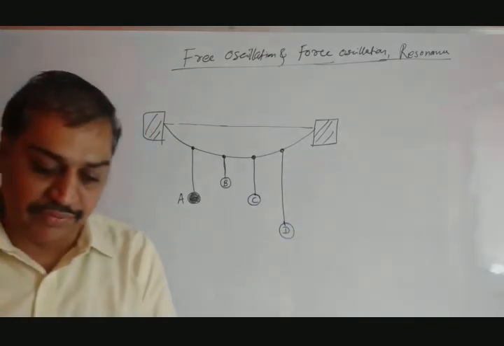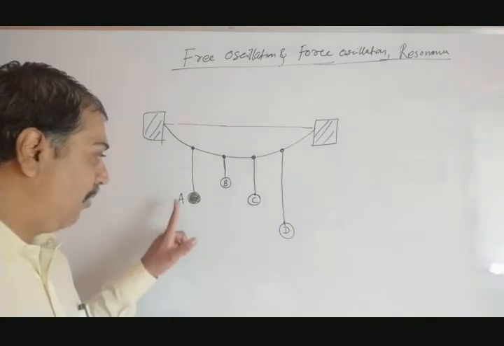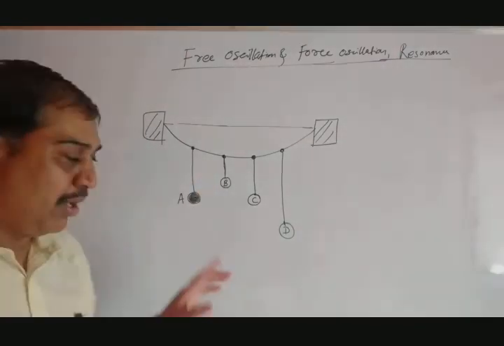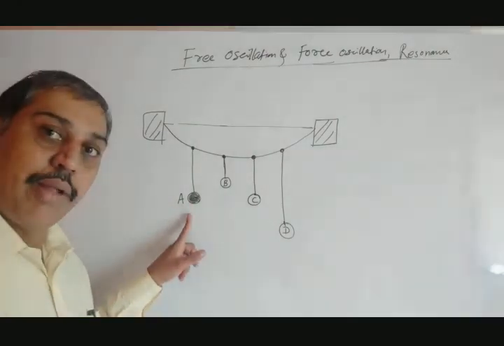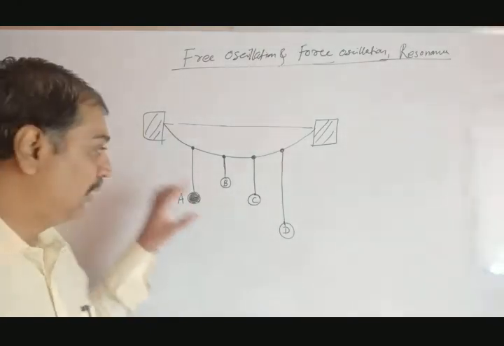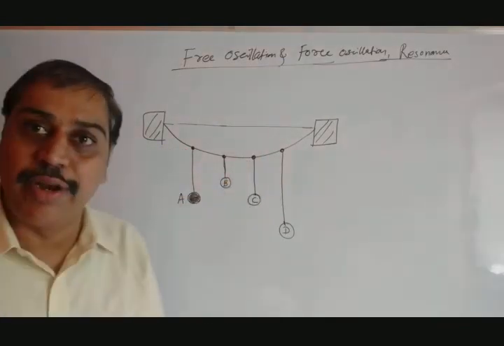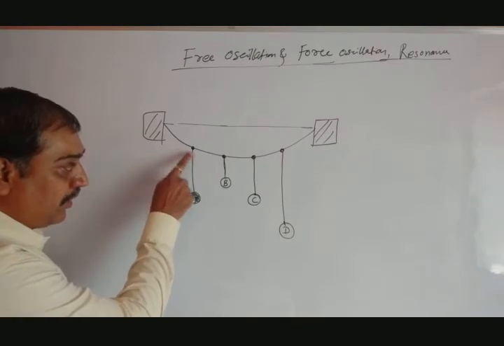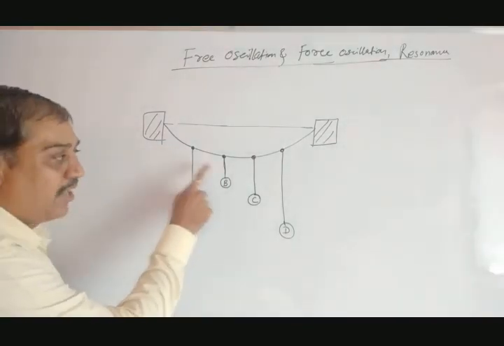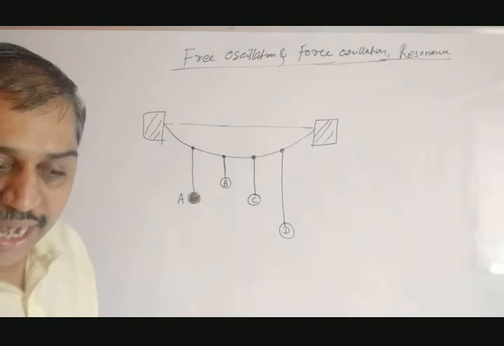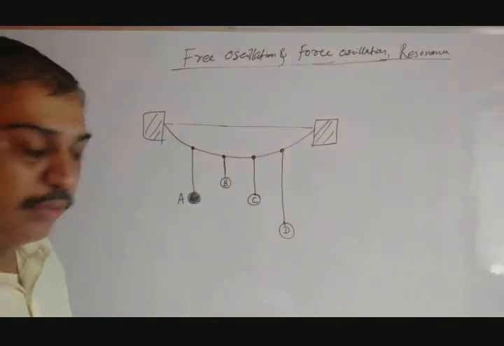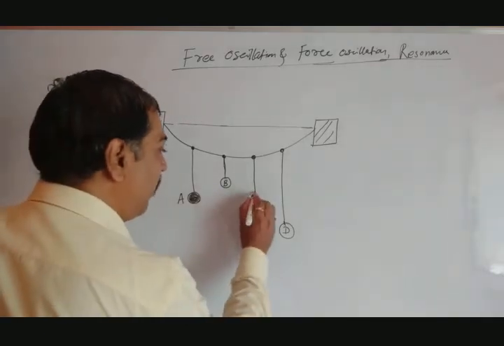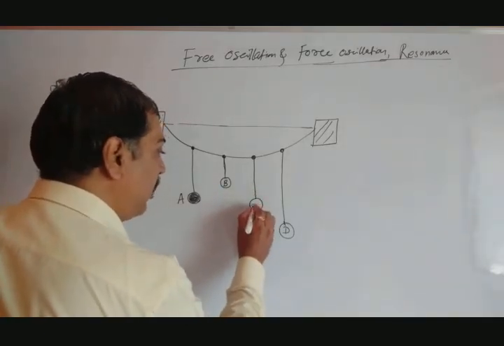Now let's see what the difference is here. The 4 pendulums A, B, C, D are attached to the string. But remember, the length of the simple pendulums A and C is the same. You are not going to see the same here, because the string is bent here, so this is found to be a little bit larger than this. Let us suppose both pendulums have the same length. You can move it a little bit downward, so that you can see both the lengths are the same.